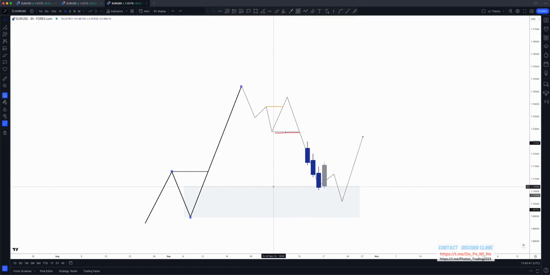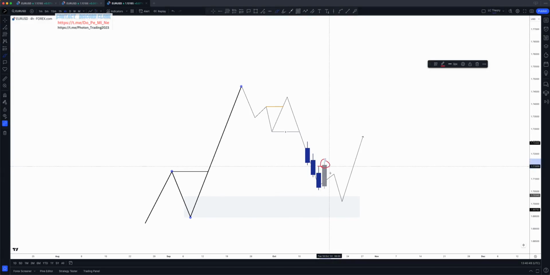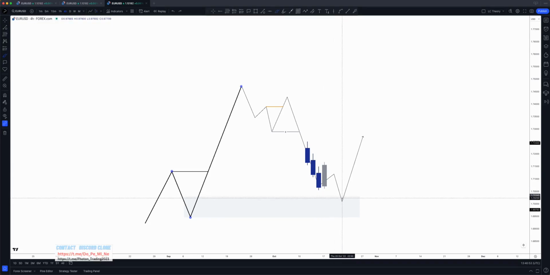But you use this second method, which is called the early entry invalidation method. I know it could be a better name, but as we can see, it broke the previous candle's high, therefore this would have been an entry. That now means this trade idea is no longer valid for you, and you would need to see a new